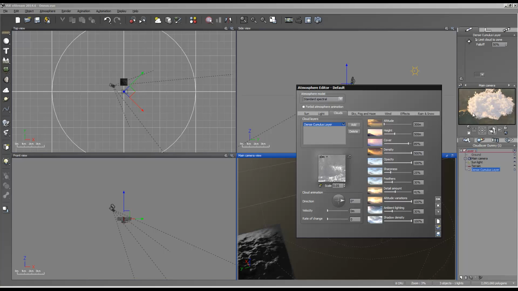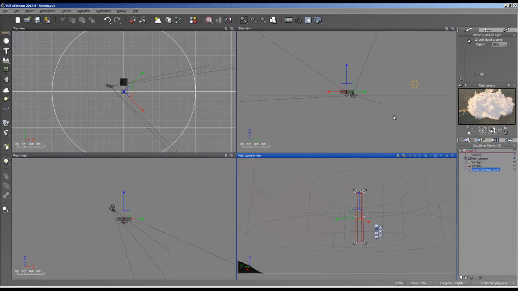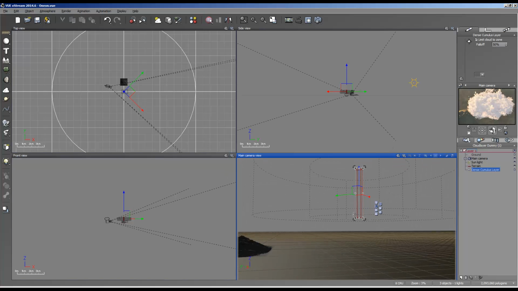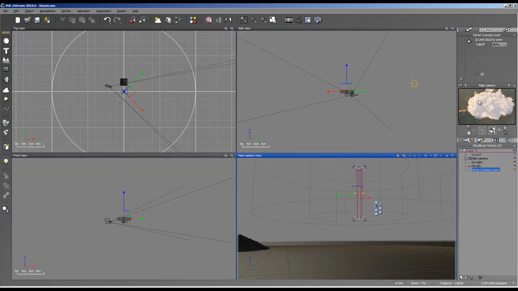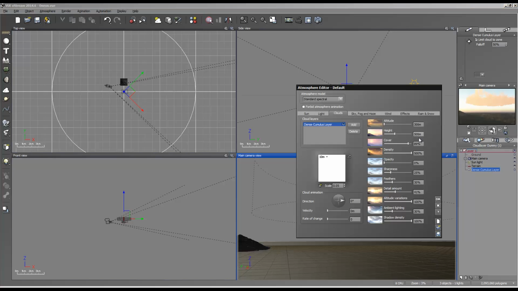It's like contrast, if you will, right? So if I drop the opacity down, I can't really do this from above, so let's do this from below. If I come down here, and then we take a render, you see that cloud doesn't look like a cloud, right? It does not look at all like a cloud because the opacity is so high that there's no cloudness to it. It doesn't look like a cloud, but when I bring the opacity up, then it starts to look like